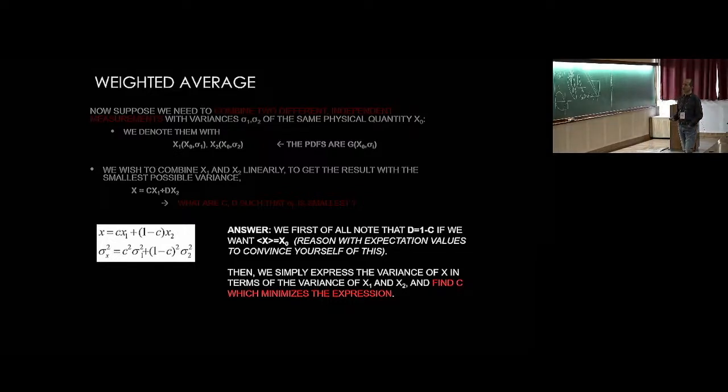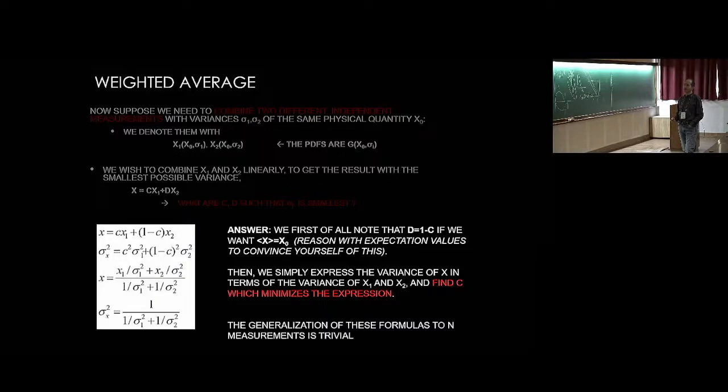And now we find C by taking the derivative of sigma x squared over C. And if you take this expression and take the derivative with respect to C and set it to 0, you will find this value for x and this value for sigma x squared. That is to say, you will find C from the condition that the derivative of this is 0, and then you substitute in these two expressions and you get these two expressions, 930 to 945, okay?